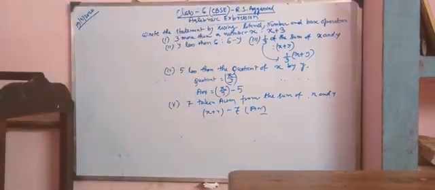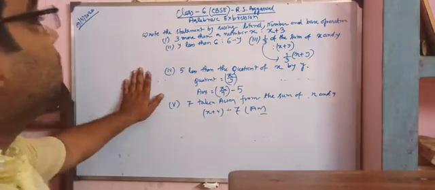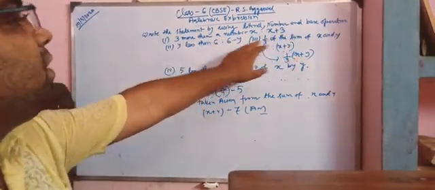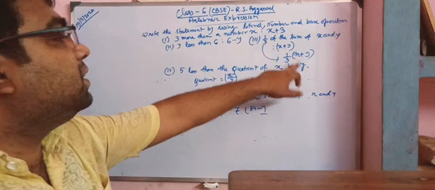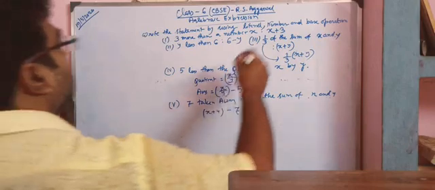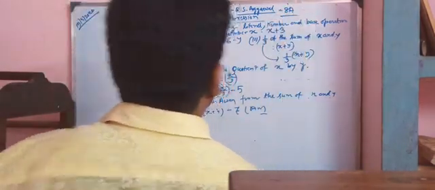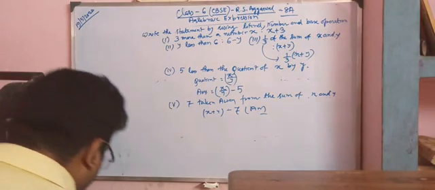So hope you are understanding how to express any statements in literals, numbers and the basic operations. Minus, division, addition, these are the basic operations, and these are the combinations of basic operations. So in this process we have to do exercise 8a. Come to exercise 8a, RS Agarwal math book. Here various types of questions are given. I am solving some of the questions, the rest will be your homework.